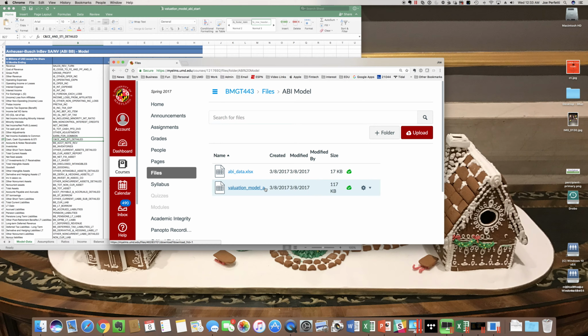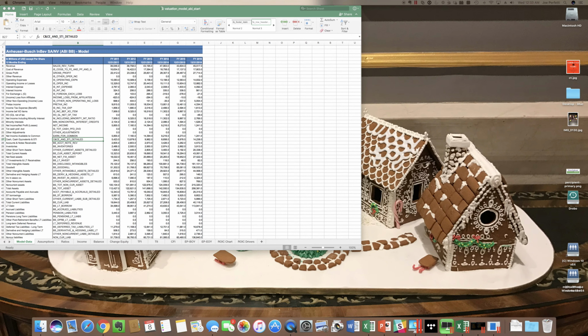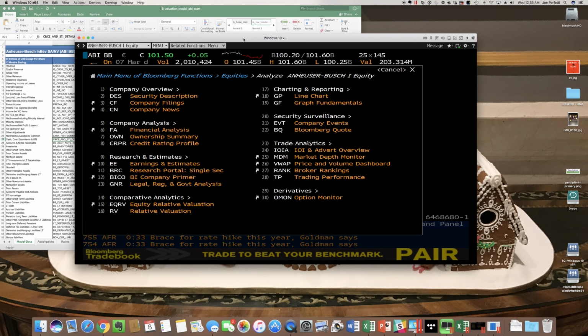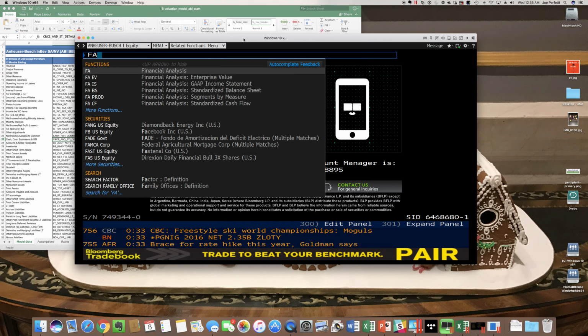Now, I'm going to tell you a little bit more about what I did before we got to the model, which you will do later once we reuse this model for another company. So to prepare the model, I actually went to Bloomberg to get this file called abidata.xlsx. So in Bloomberg, and you can see this here for Anheuser-Busch InBev, basically, what we'll need to do is go to the FA section,